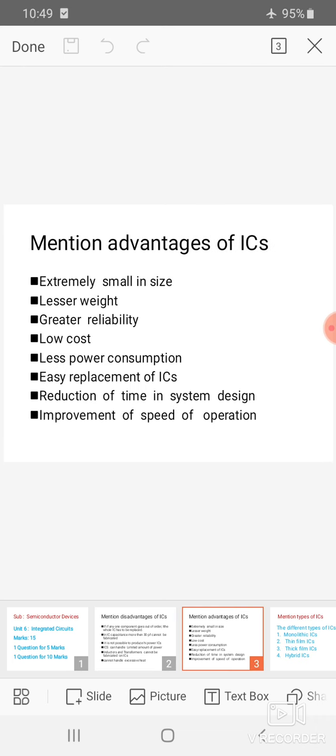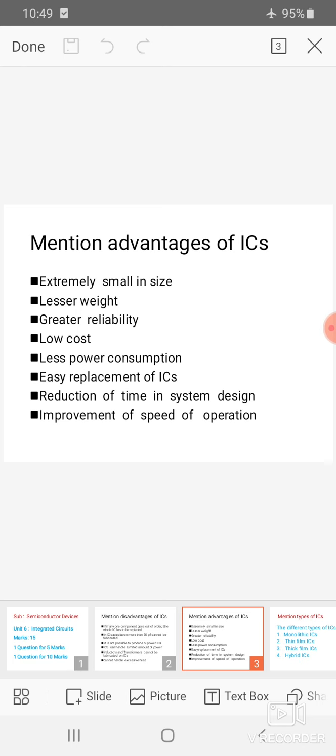Okay. In the same way, there are some advantages for ICs. The first main advantage is extremely small size. You have observed ICs, so it is very small in size. Weight is lesser, and there is greater reliability, that is, ICs have longer life. Then cost is less, as ICs can be manufactured in mass production, so cost will be reduced. Power consumption is very less, there is easy replacement of ICs, reduction of time in system design, then improvement